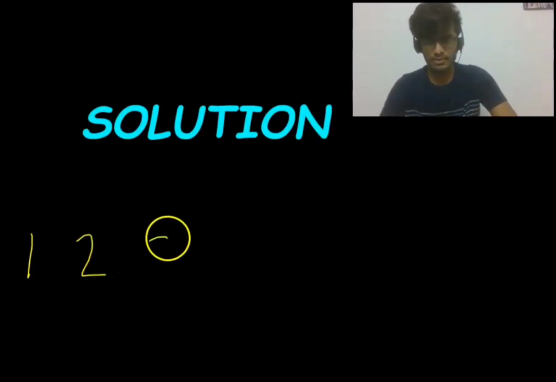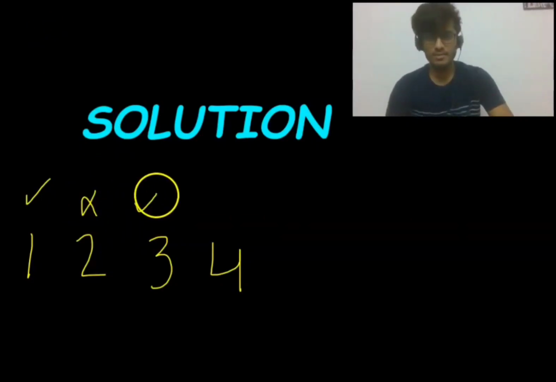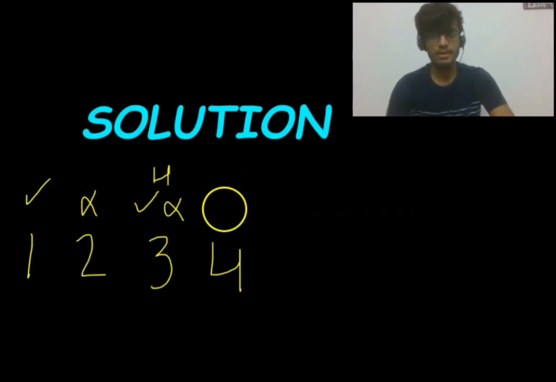So we have 4 switches. We can turn the first one on. We can leave the second one off. The third one, we'll let it remain on for some time, and then we'll turn it back off so that it gets heated up. And for the fourth one, it will not only be on, it will also be heated up. So what's the difference between the first and fourth?